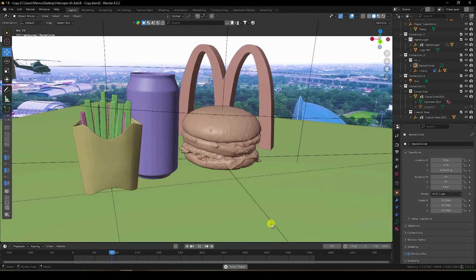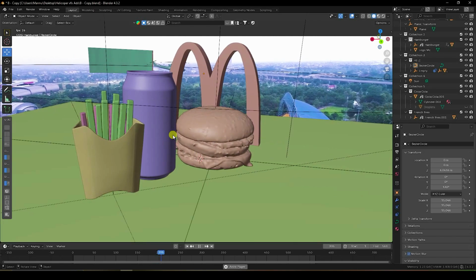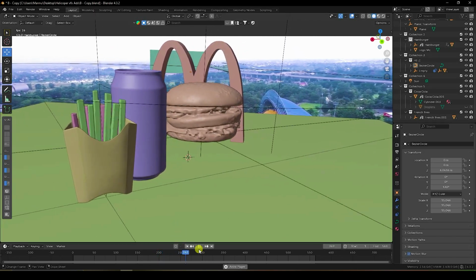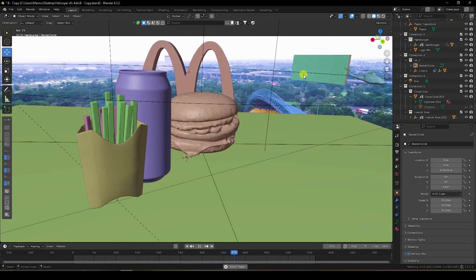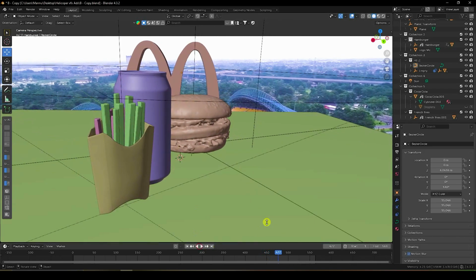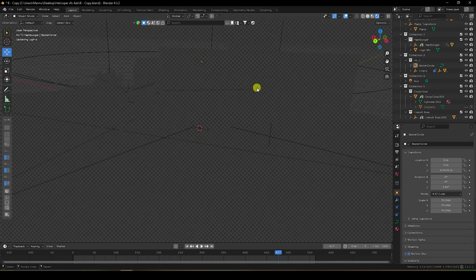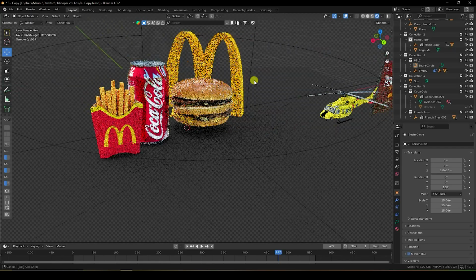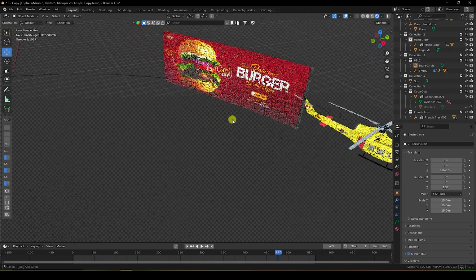Today I'll teach you how to create a new style of CGI and VFX advertising animation using After Effects and Blender. That's my really cool animation, right? Firstly, it's my product objects, and second, I'll show you my banner. That's my dynamic cloth banner animation. Click here for the final render preview. Yeah, it's good. That's my objects and my banner advertising animation.